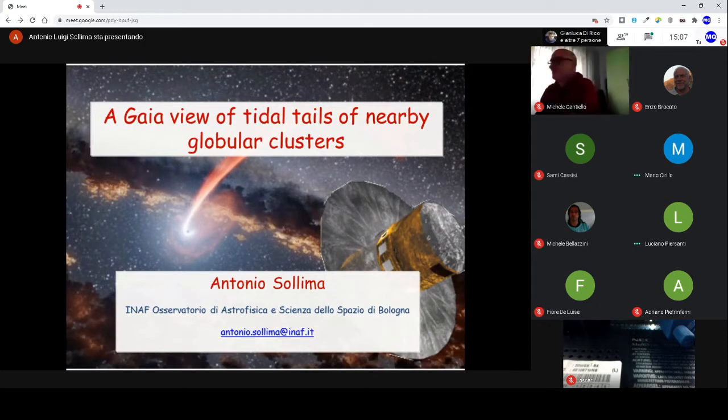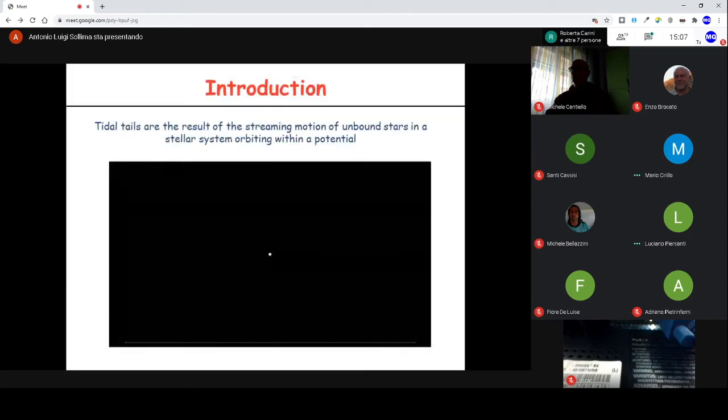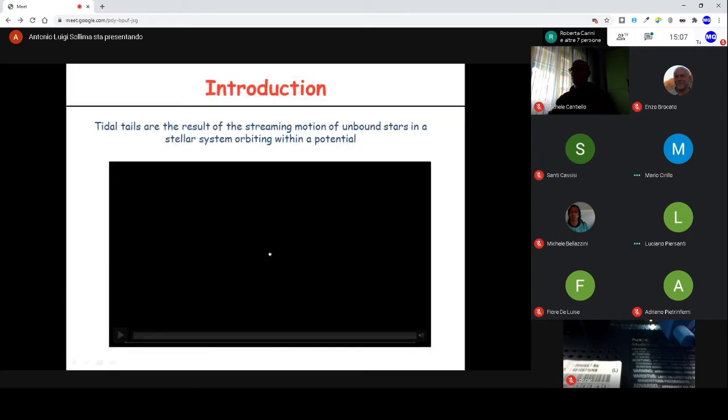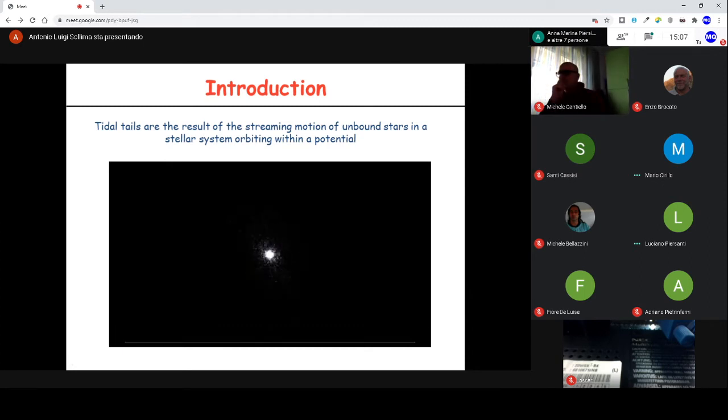So today I will talk about some recent results I obtained analyzing Gaia DR2 data with the aim of detecting and studying the tidal tails around a sample of nearby globular clusters. So this is an animation where I show the process of mass loss in a stellar system. For instance,